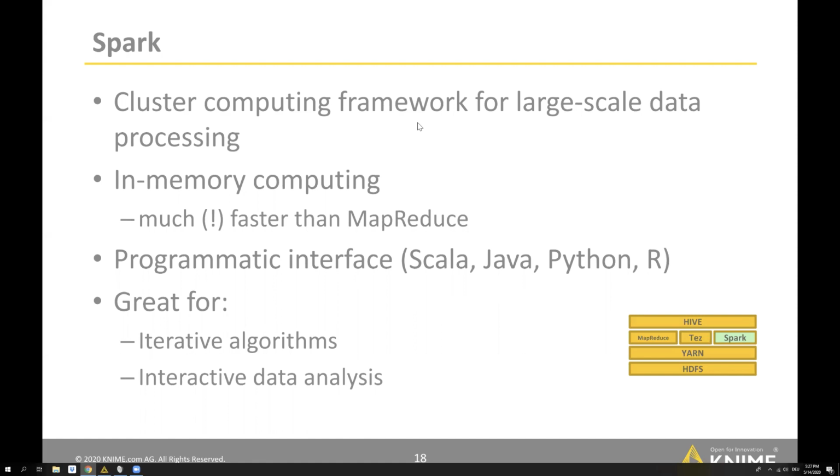Typical data mining algorithms need to go several times over the data, so this is what's called an iterative algorithm. Also, it's really good at interactive data analysis. This is due to the fact that Spark does in-memory computing, so it can pull data from memory really quickly, which is really nice if you have a human in the loop who just wants to peek into the data.